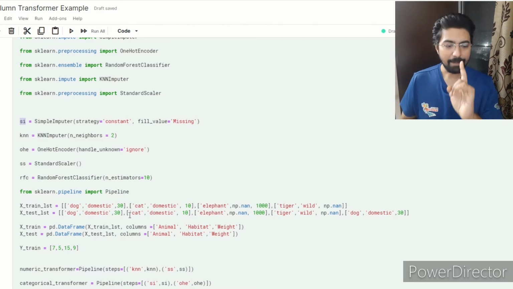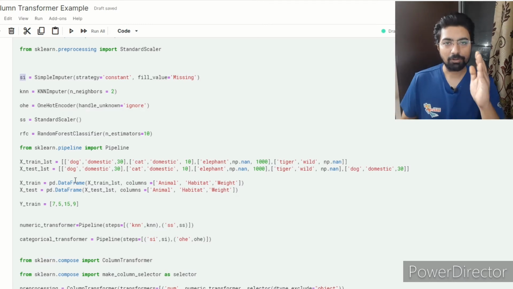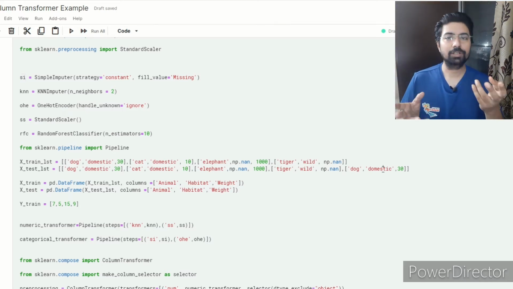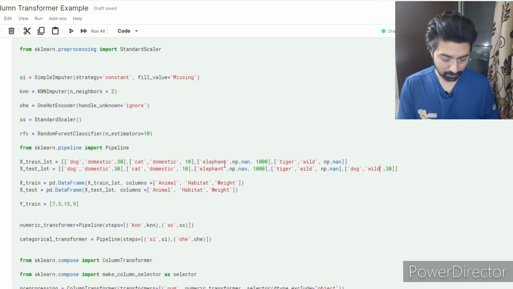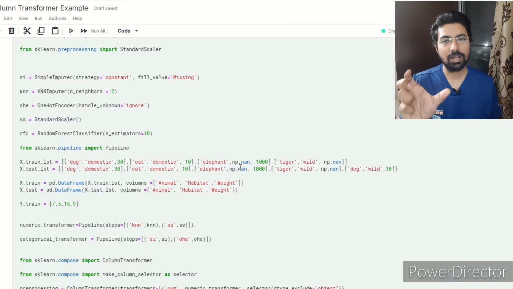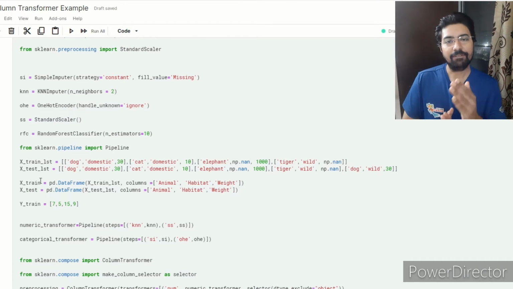Now I am creating my data. This is a 2-dimensional array. I defined a pandas data frame out of my train data and test data. The test data is just one extra row for the dog, which I keep as wild. So I have an extra set of information like dog, wild and 30, and the y value is the life expectancy.